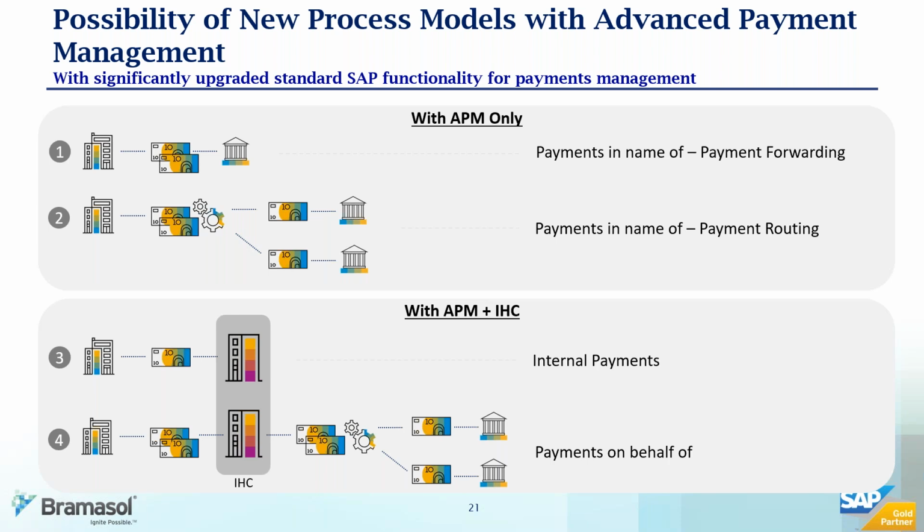Scenario number 1 is what we call payment in the name of. You could have any number of sources generating payments. Could be your AP system, could be your acquired company, which is not yet on S/4, could be your HR system, which may or may not be SAP. You can just name it. Any system can be generating payments, which can be routed through advanced payment management capability, which was added in the 1909 version of SAP, which got released a couple of months ago.